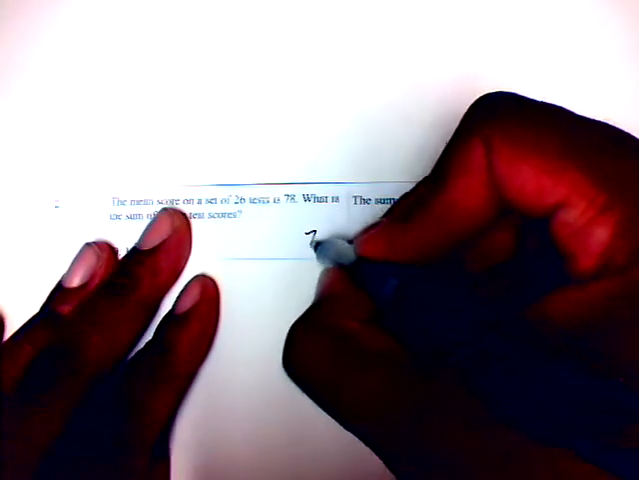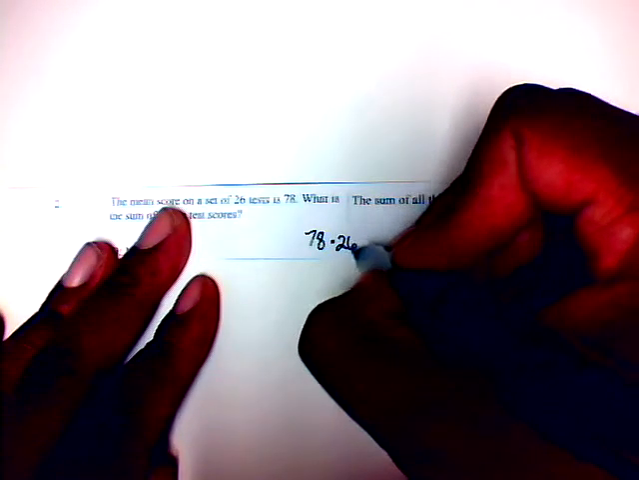Okay, problem number 2. The mean on a set of 26 tests was 78. What is the sum of all the test scores? Okay, to get the mean of 78, we have to take some number and divide it by 26. But we're going to do the opposite of dividing by 26. We're going to take the mean of 78 and multiply it by 26. So now you got 78 times 26, which is